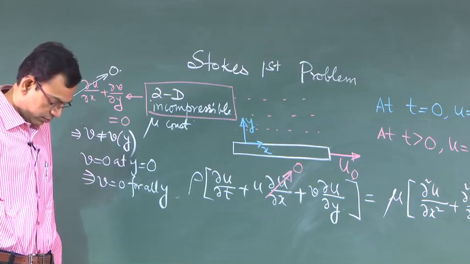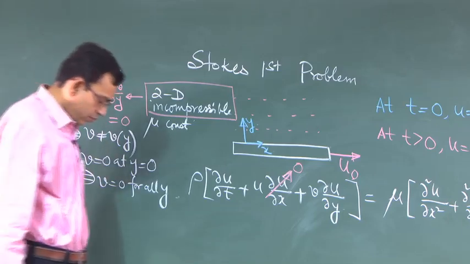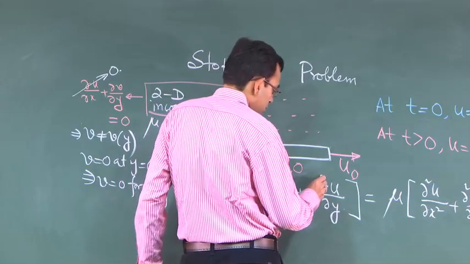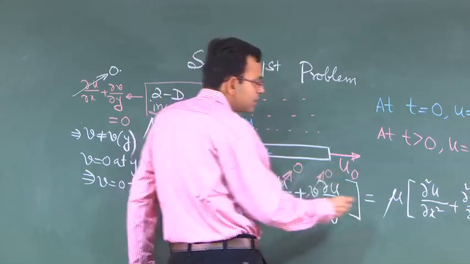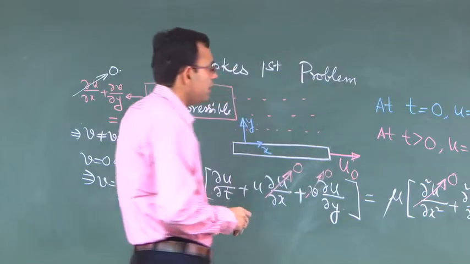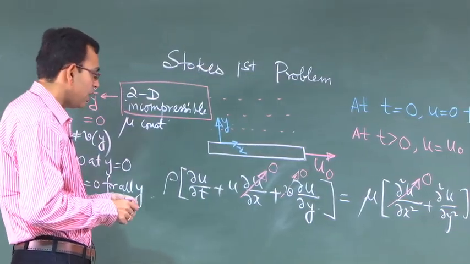So, if you put v equal to 0 for all y, and because u is not a function of x, this term will be 0. So, your governing equation boils down to